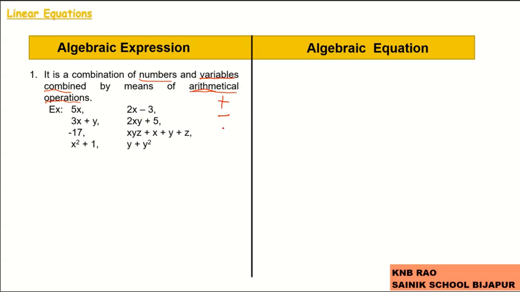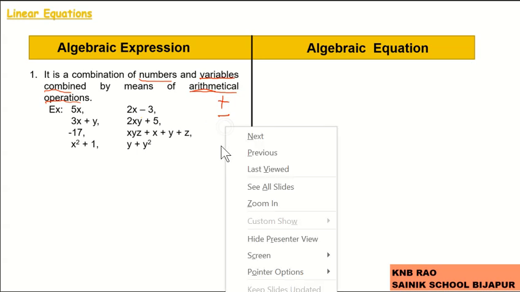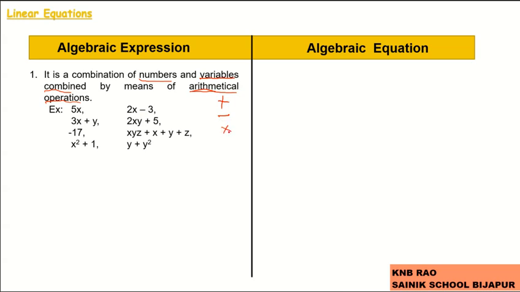And you know, multiplication. Generally in algebraic expressions, the multiplication sign is shown with a dot. So, here we have 2 into x, written as 2 dot x or 2x, and even division is represented with by, upon. Now you see the examples here. These are the examples for algebraic expressions.